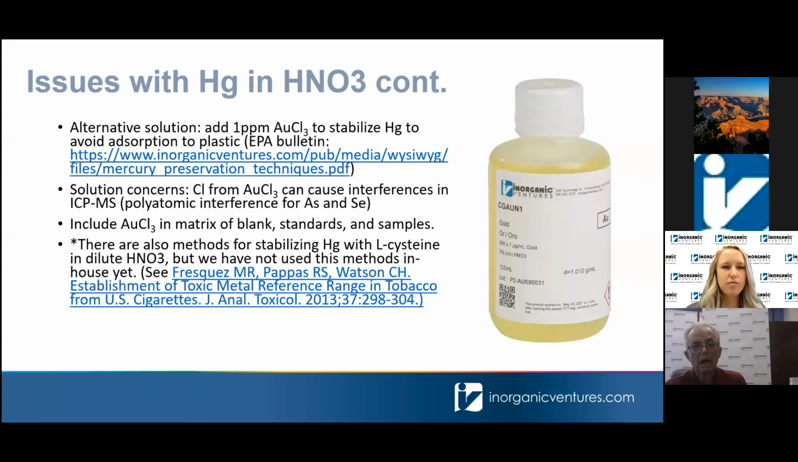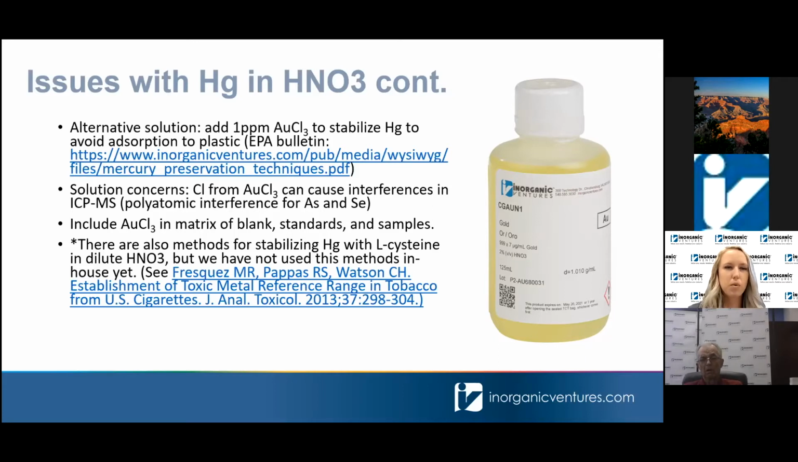So another option for stabilizing mercury in nitric is adding 1 ppm gold trichloride. The EPA released a bulletin detailing this recommendation, which can be found at the link in the first bullet. This is going to prevent the mercury from adsorbing to the surfaces of your plastic container. And we have used this process here at IV, and it's worked very well for stabilizing lower level mercury in